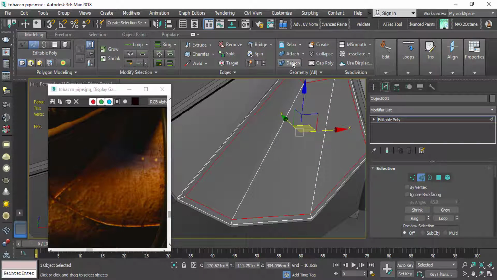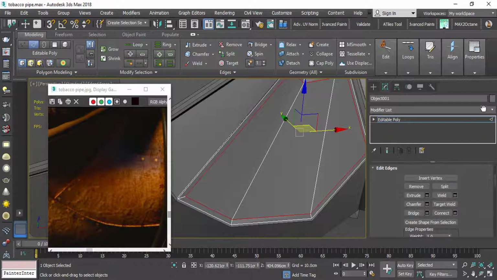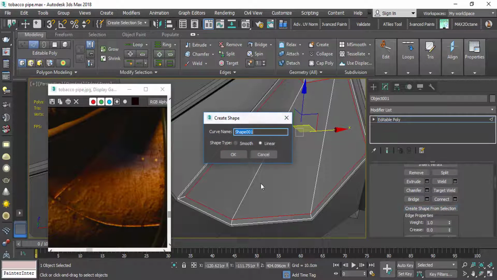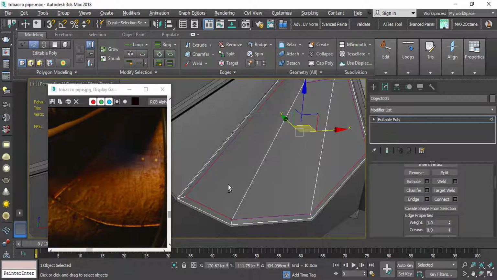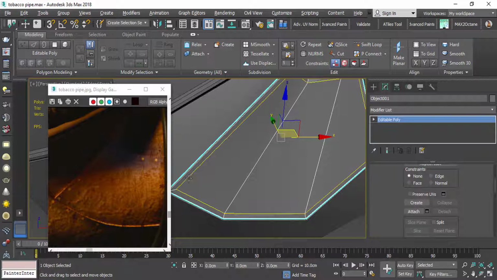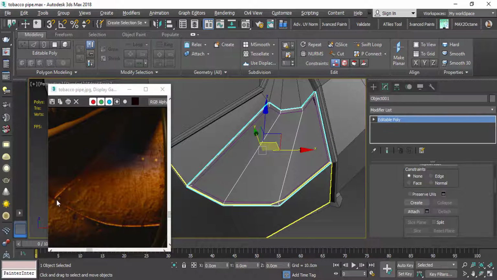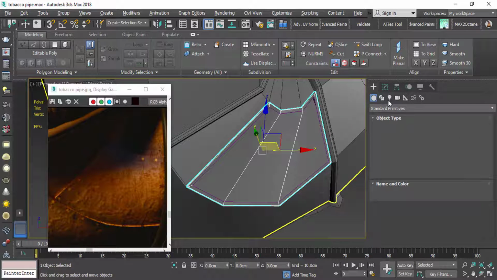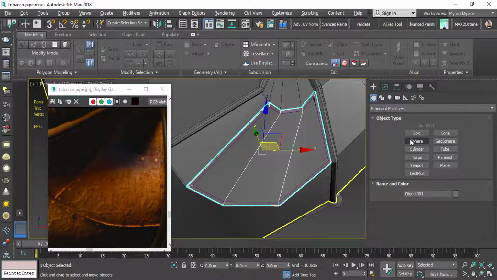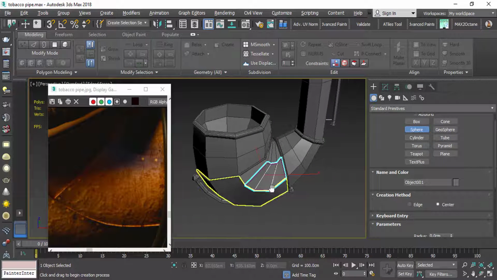I will select all the line loops, and let's click on create shape from selection, and I will select linear to have a shape from the line I've created by adding insets. Alright, now I want to add the nails. For adding the nails, I will use a sphere. So let's add a sphere,